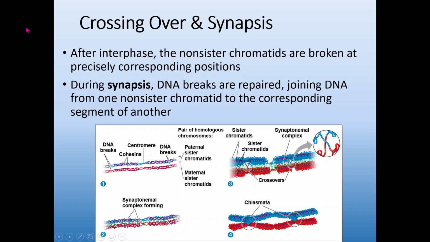All right, so going back to crossing over, just to put this in context here. After the duplication phase, during prophase 1 is where we have the crossing over happen. The sister chromatids line up and they exchange a little bit of genetic material. And then synapsis is just the term for where we repair those breaks. We've broken it, we've exchanged material. You have to repair that connection so that it's a single continuous strand of DNA again. We call that process synapsis, and you just rejoin those exchanged pieces of genetic material.